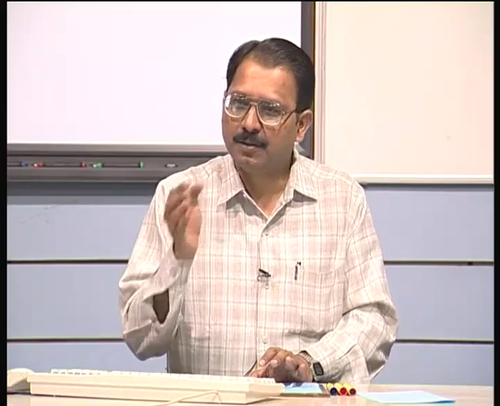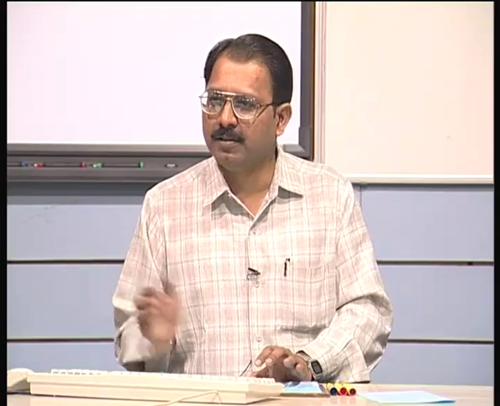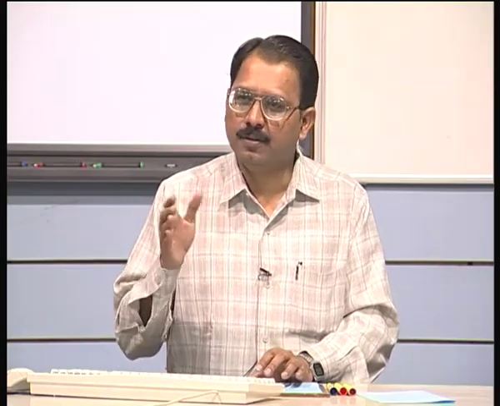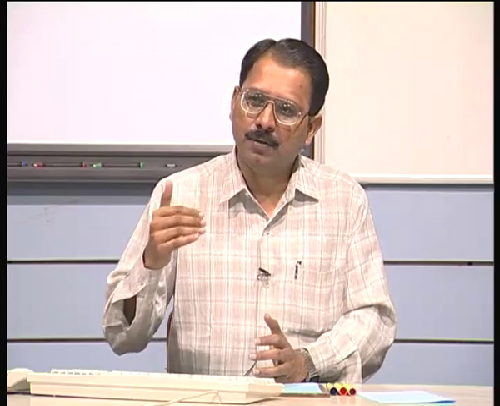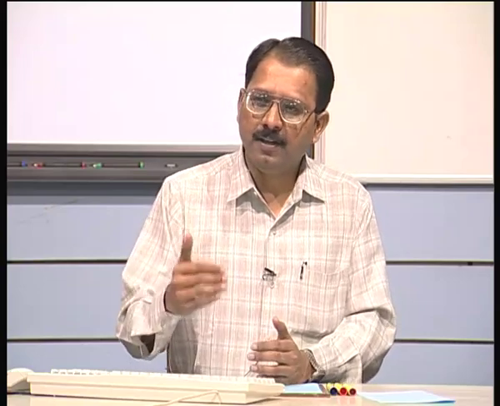But if it is partially filled, a part of the cube is filled with the material which I am trying to represent, then I go for a further subdivision of that. So you keep doing this to a certain depth, which is called the octree depth. After going to a certain depth level, you get an approximate representation of the object which you are trying to model. You are not looking at the exact representation.